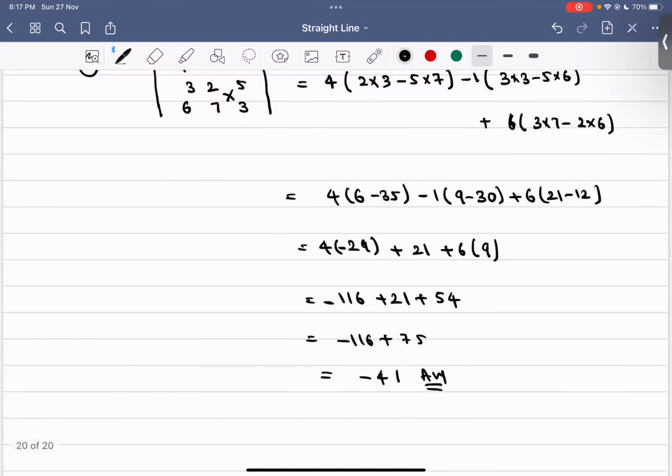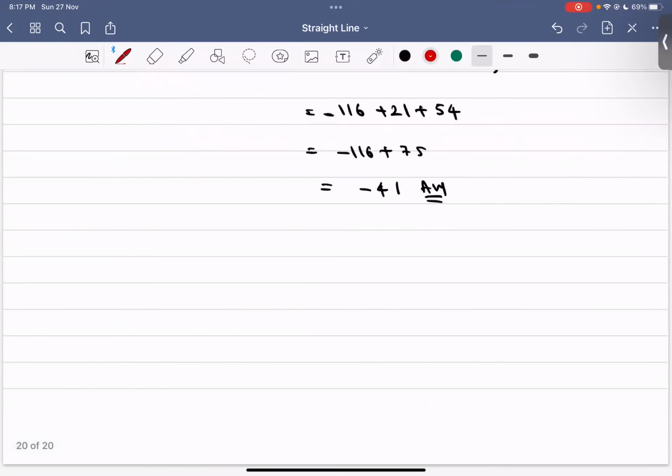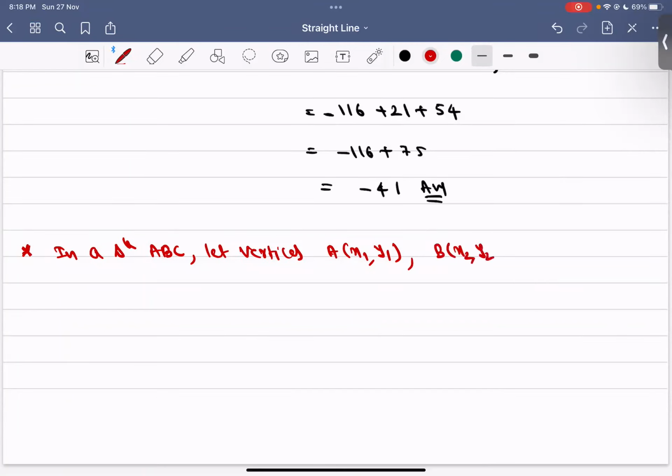Right. The next one is in a triangle. In a triangle ABC, let the vertices be A (x1, y1), B (x2, y2), and C (x3, y3). Then